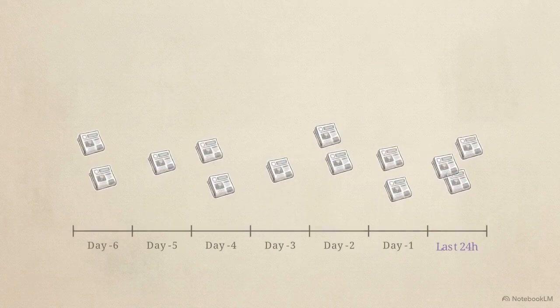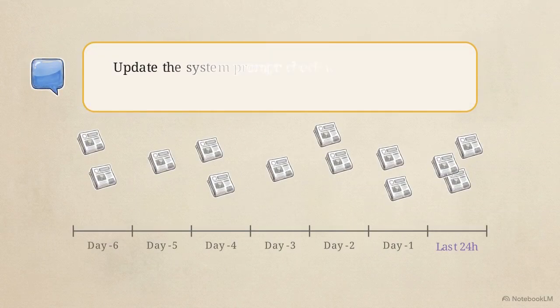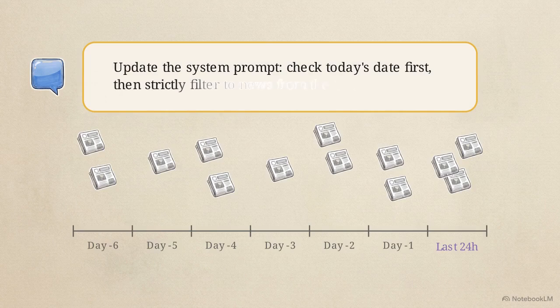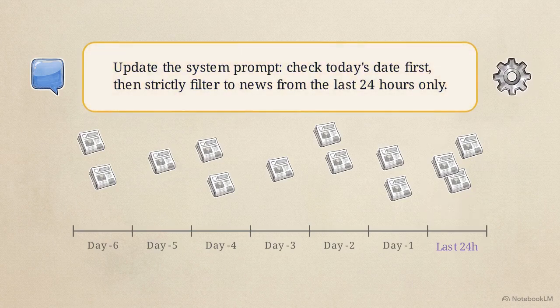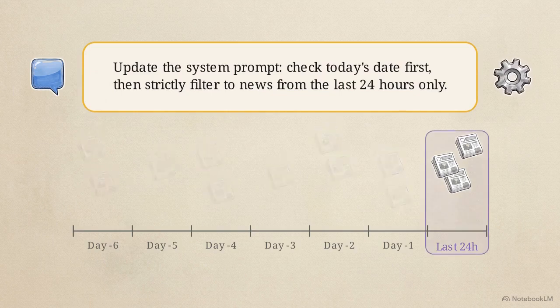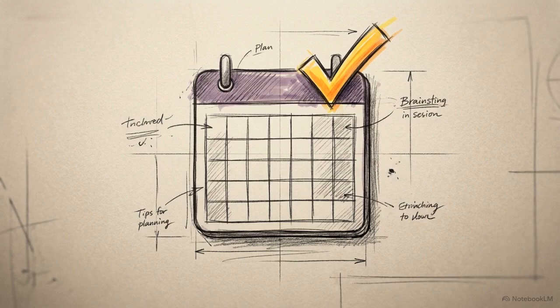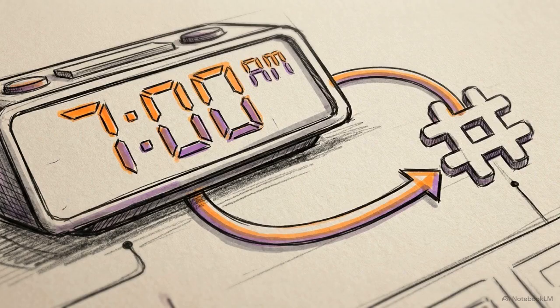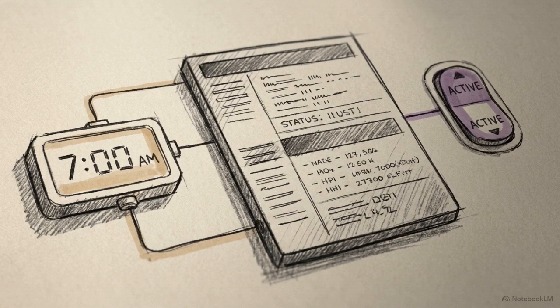We write a single sentence telling the agent to check today's date first, then strictly filter for news published only within the last 24 hours. The agent reads the instruction and automatically rewrites its own system prompt to enforce the new rule. With the logic corrected, we set the agent's schedule. We instruct it to execute this specific routine automatically at 7 a.m. every day and push the results directly to Slack. Embedding strict time boundaries directly into the system instructions ensures the agent will accurately perform this daily task without any